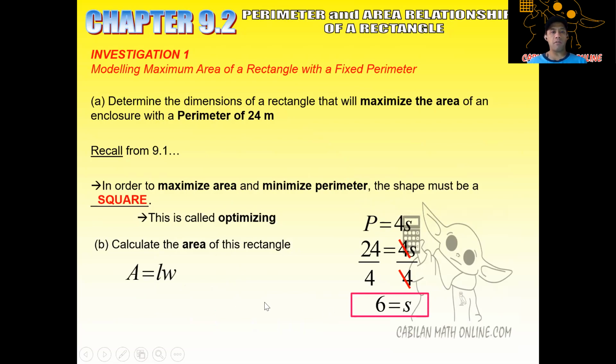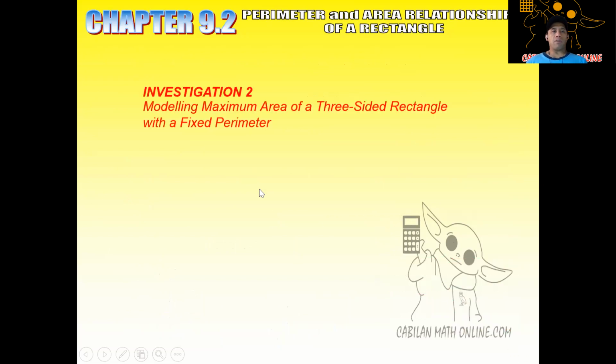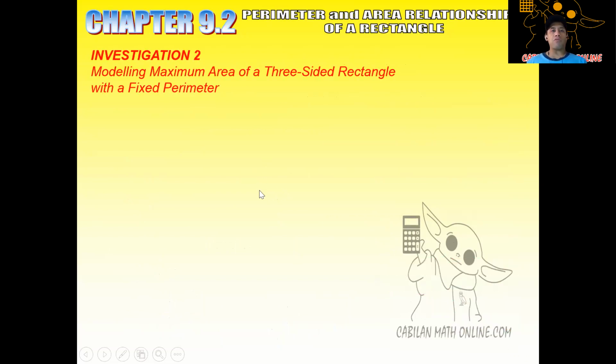So in this one over here, 6 times 6 is going to give us 36 square meters. All right, so that would be the actual value of the maximized area with a perimeter of 24 meters. Okay. All right, so the next thing we're going to do here, we're now going to do a three-sided rectangle